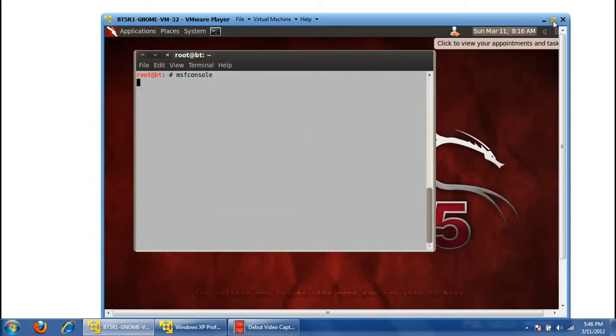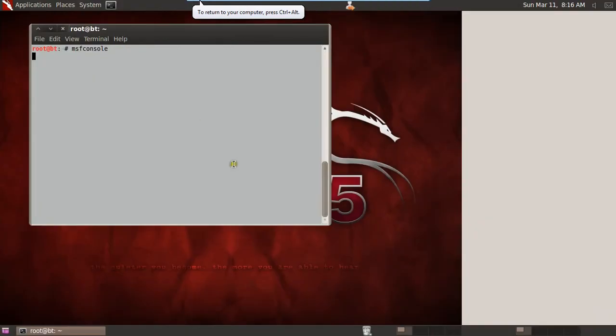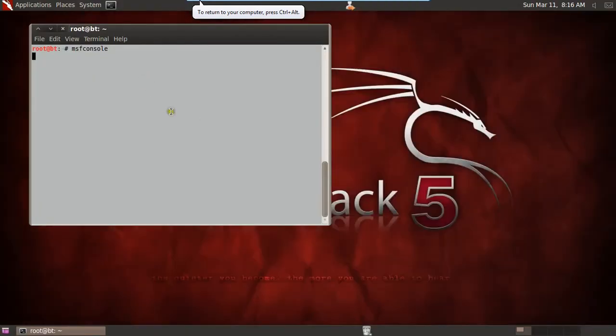It's always better to start the console with the command prompt. We'll set the full screen, and now we'll work on full screen only. It will take some time to start the MSF console. MSF console is the most popular part of the Metasploit framework. It is a flexible, feature-rich, and well-supported tool within this framework. You can directly select the exploit, the payload, anything, and just execute the commands to exploit the particular machine. You just need to set a few options inside this console and it will start the exploit.